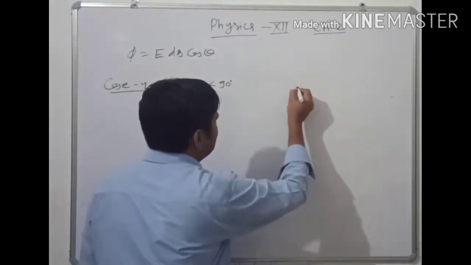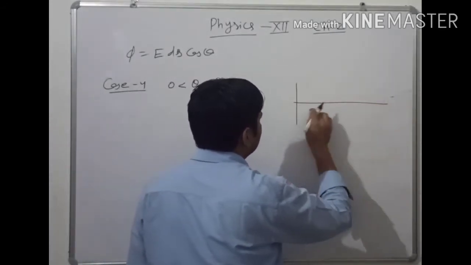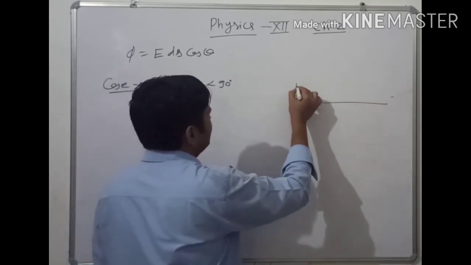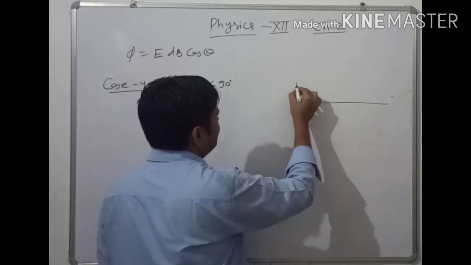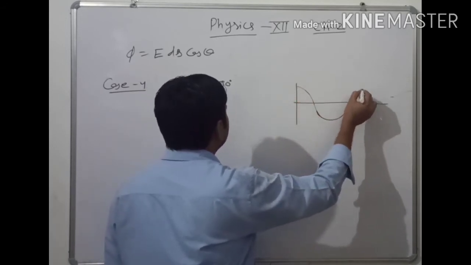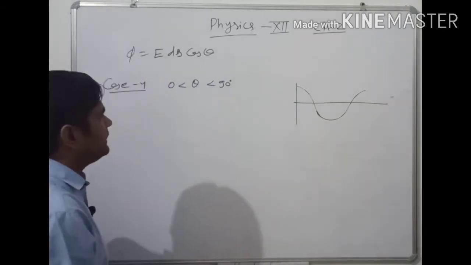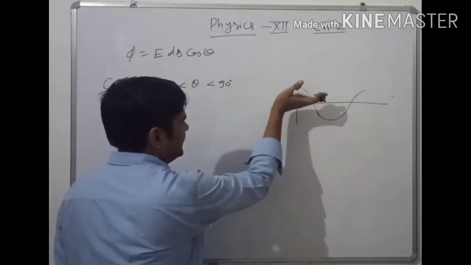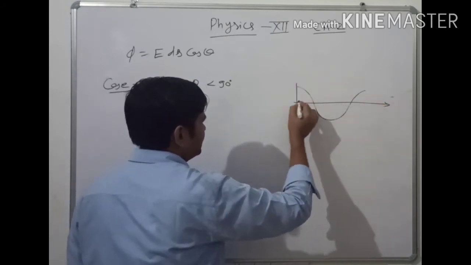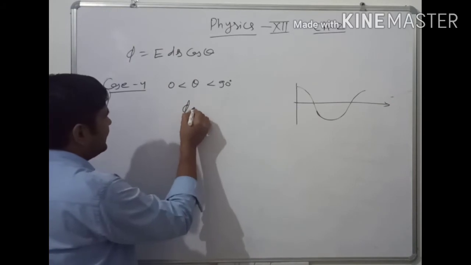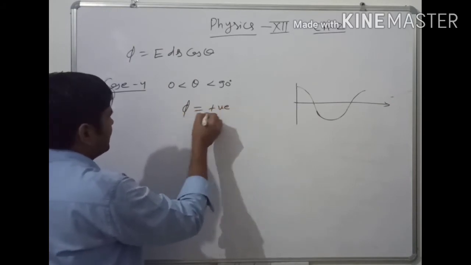And when we are talking about the graph of cos theta, cos 0 is equal to 1 and cos 90 is equal to 0. Clear? The formulations will be made in this way. Then the value of that particular function is positive because it is in the upward direction of this axis. That's why the overall phi is positive in these formulations.